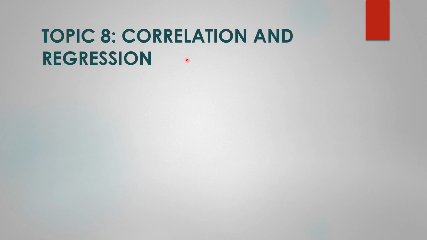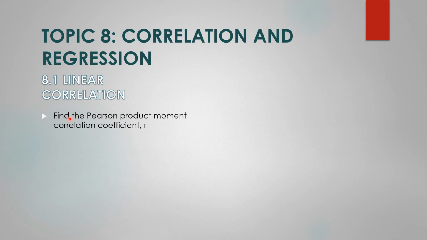Before we start, let's go through what you will learn in the last topic for AM025, which is topic 8. First of all, there will be subtopic 8.1 linear correlation. Under linear correlation, you need to find the Pearson product moment correlation coefficient, which is denoted by r, and then you need to interpret the value of r. After that, there will be